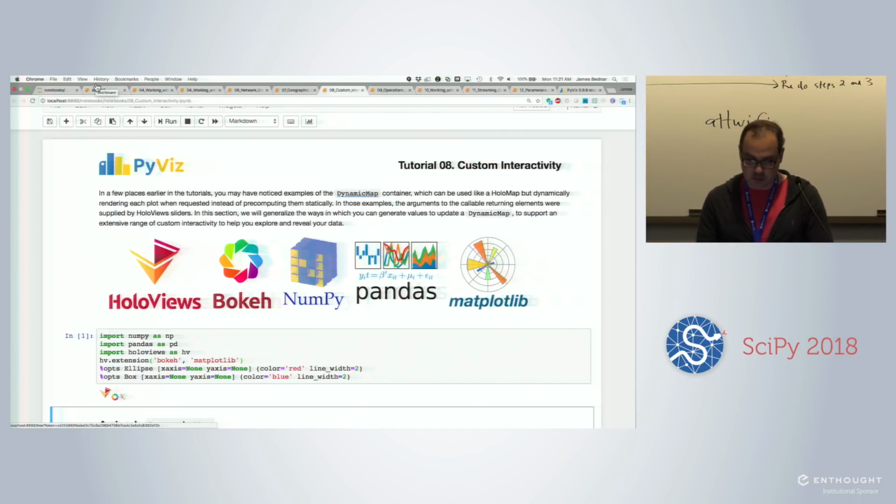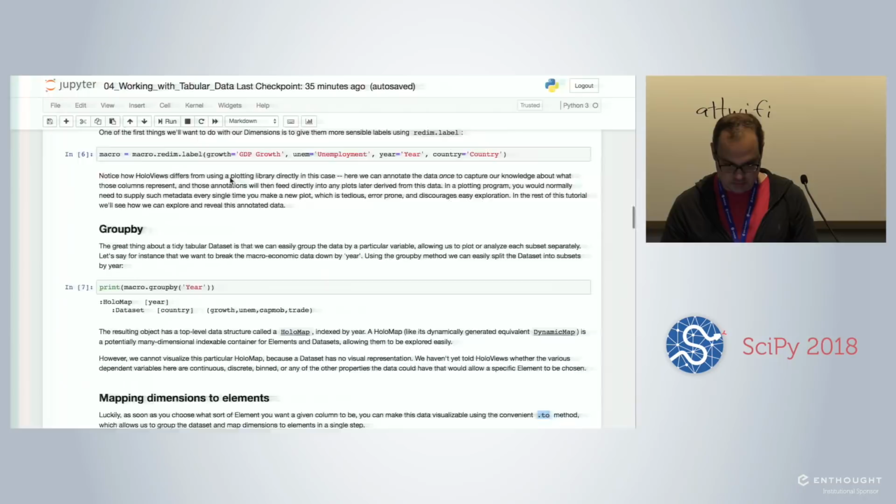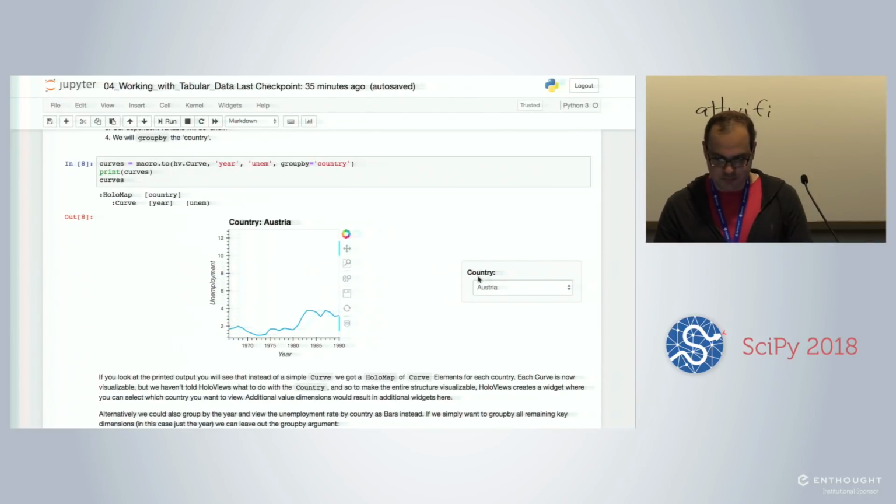Okay, so what I'm going to talk about is essentially how you can add lots of interactivity to your plots. And it's really nice to be able to hover, as you've seen already. That's just built-in functionality, but you often want to have your own interactivity that you want to define yourself. So actually I'm going to go back to this tutorial that Jim just talked about, where we had these